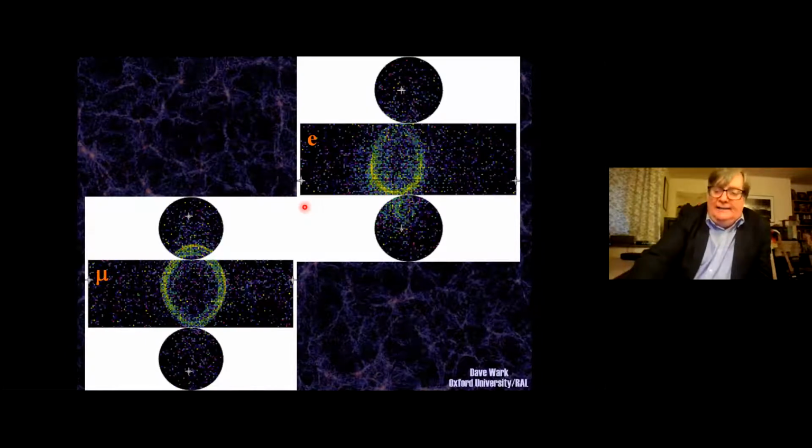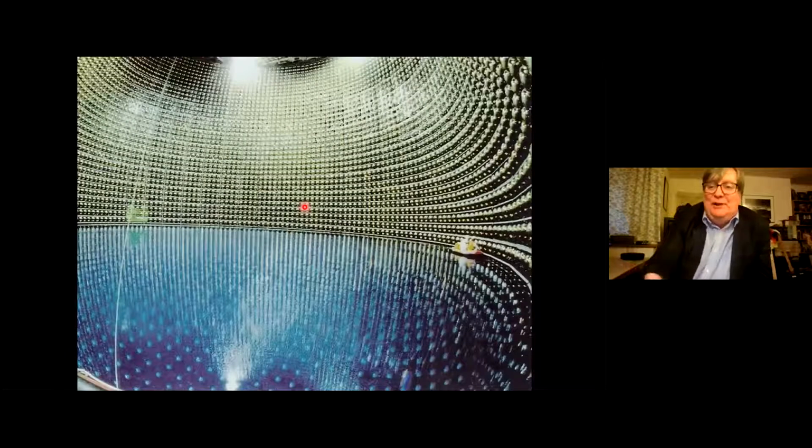Okay, so why is this a good thing to do? Why would you build such a gargantuan thing? It can't be cheap to build. I didn't point out it's a kilometer underground to shield it from cosmic rays. The reason is because this detector is enormous. It has 50,000 tons of water in it, but it can tell muons from electrons with incredible precision.